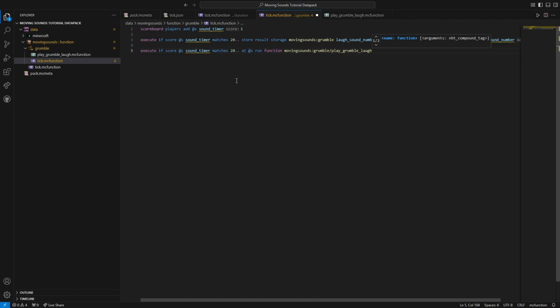But instead of ending it just like that, we want to do with storage moving sounds grumble, and that will run it with a macro, and we can take values from this moving sounds grumble storage and use it within the function. So we can take this laugh sound number,